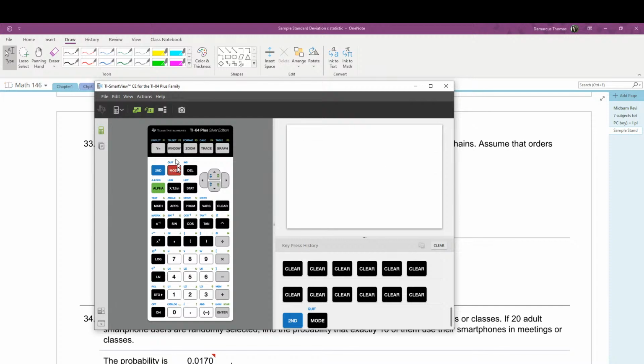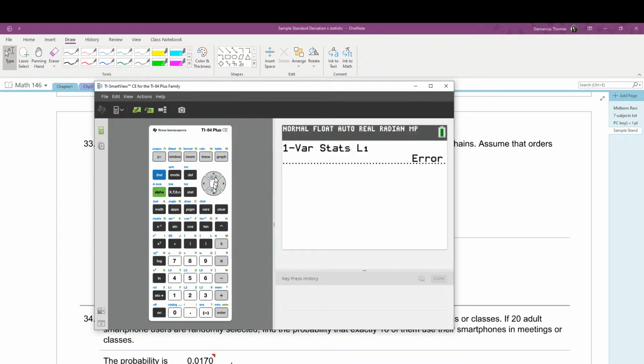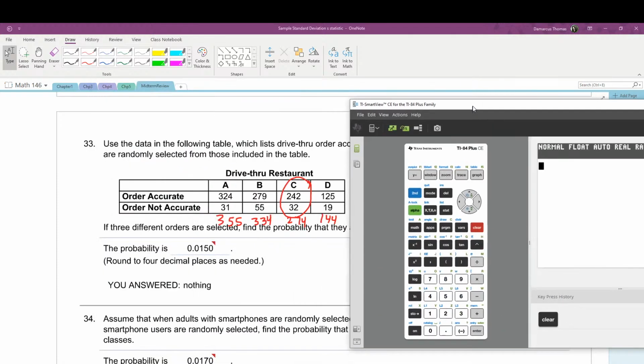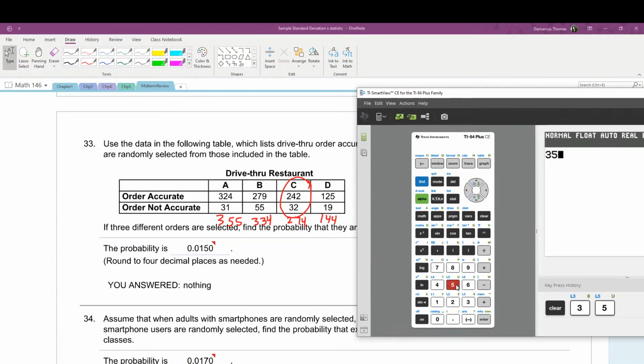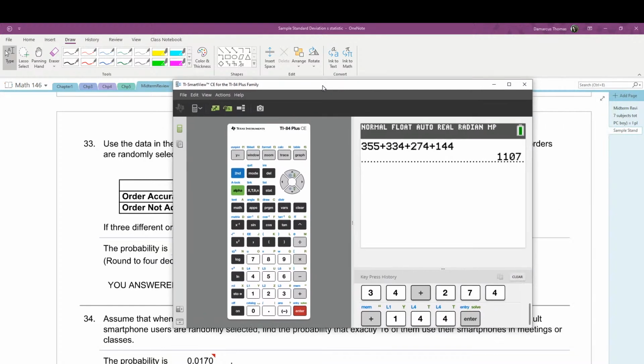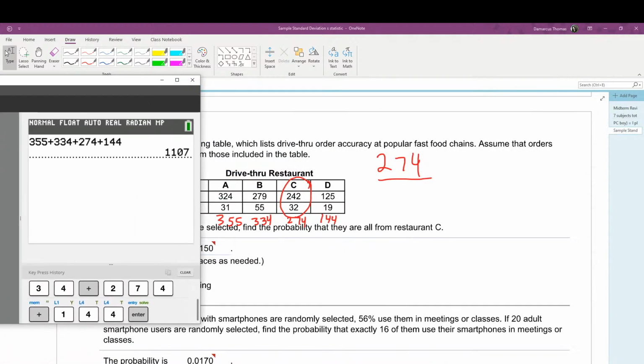All right, hold on. I'm gonna use a different calculator. Yeah. All right. So let's do this one more time. 355 plus 334 plus 274 plus 144. 1107, and we're going to do 144 divided by